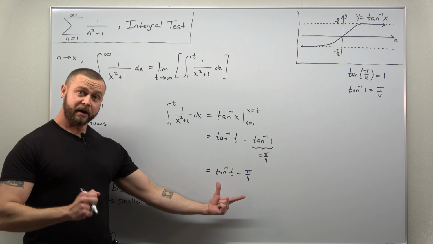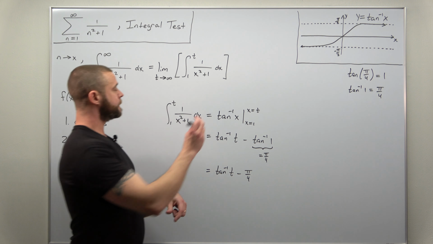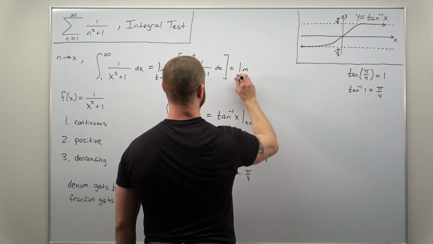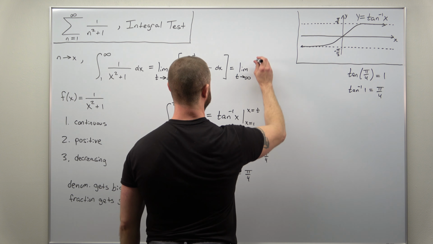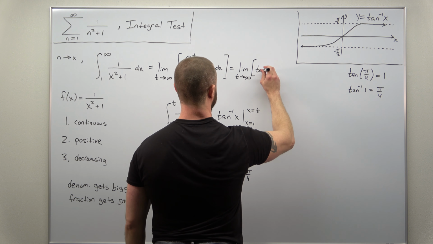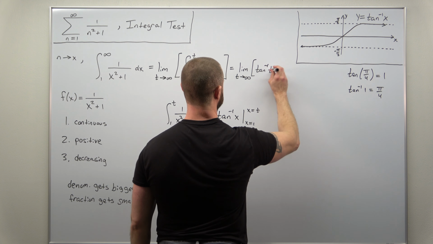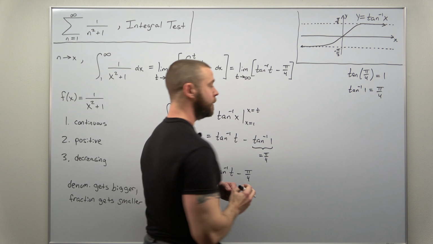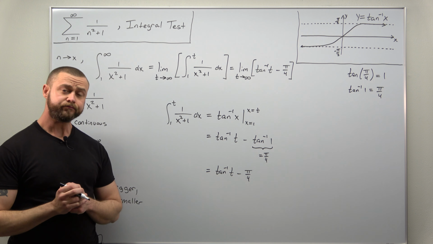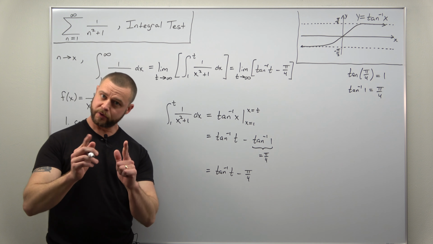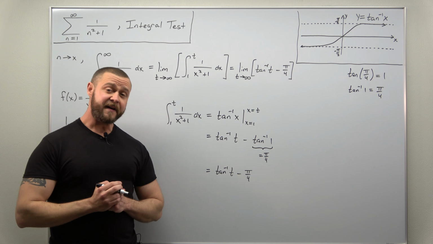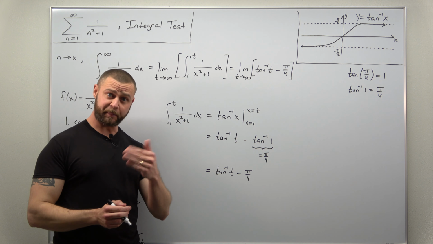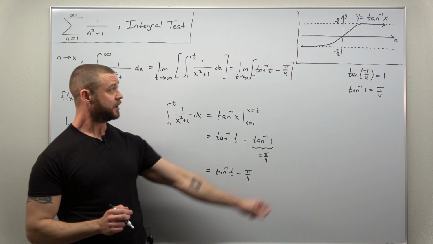All right, we can now plug the value for the integral right up here. And what we have is a limit as t approaches infinity of inverse tangent of t minus pi over 4. And this is where you need to be comfortable with some basic facts about inverse tangent. Here we just really need the graph, and this pops up enough through the calculus sequence that you'll want to